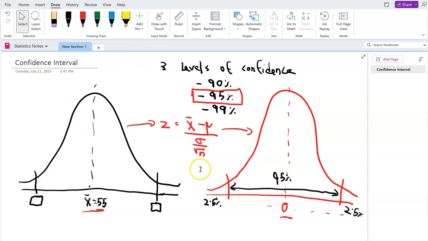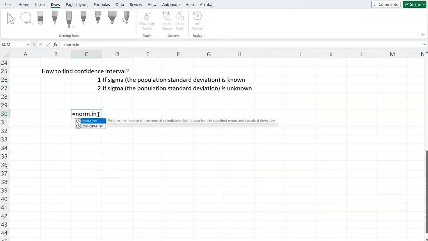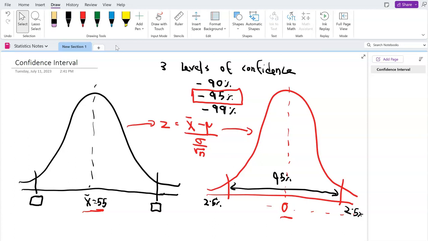So in that case, I can now go back to Excel to find out what my z's are. So if my z is 2.5%, I can use NORM.S.INV, since I have it at standard normal distribution. So 0.05 divided by 2 gives me negative 1.959, so plus minus 1.96. Then I can say that this lower bound is negative 1.96 and